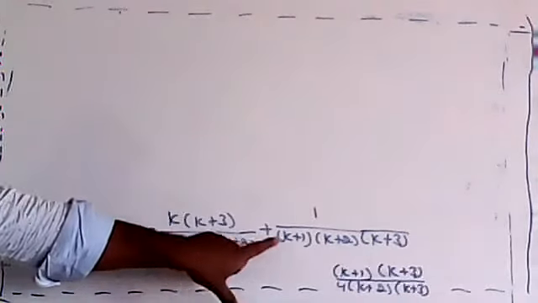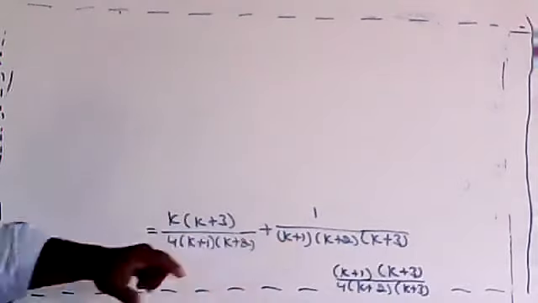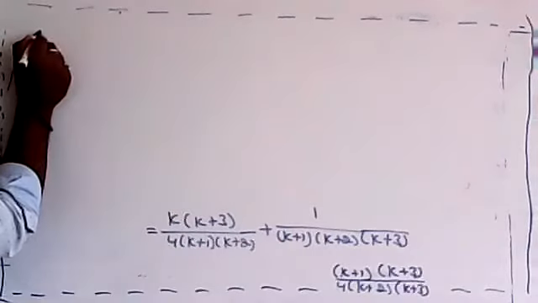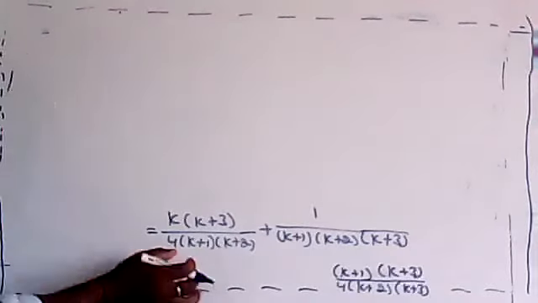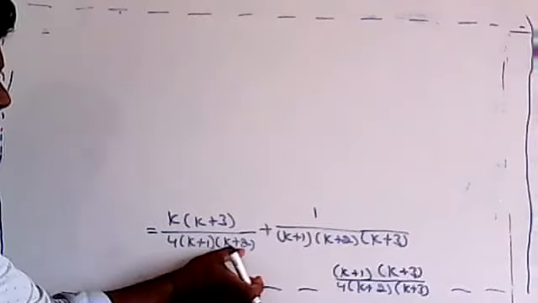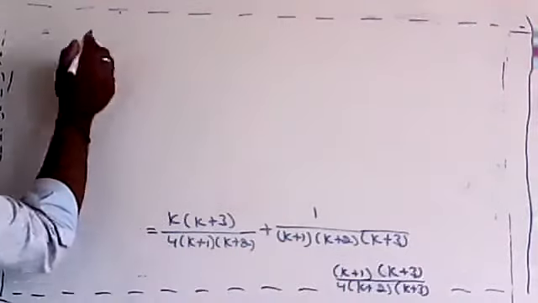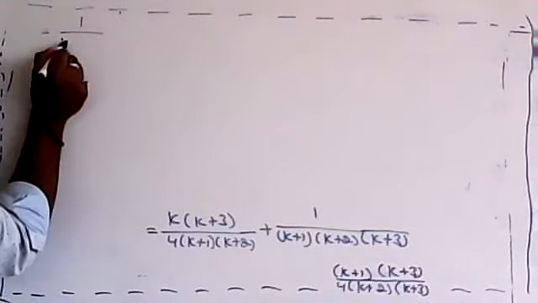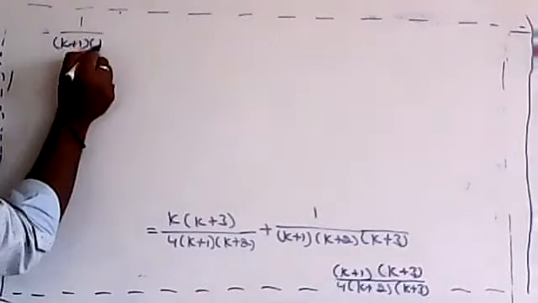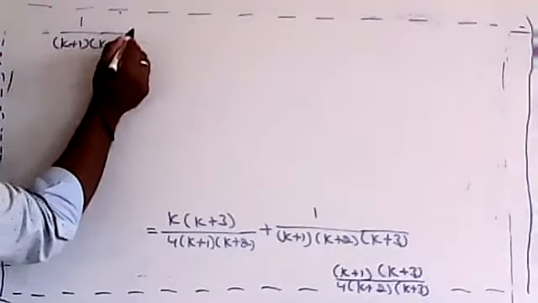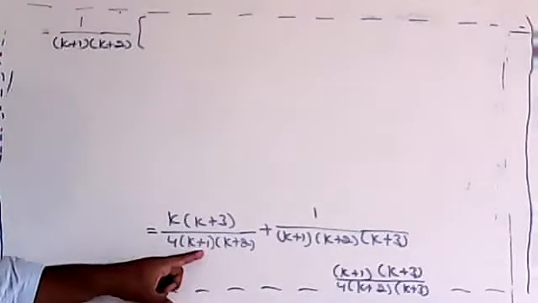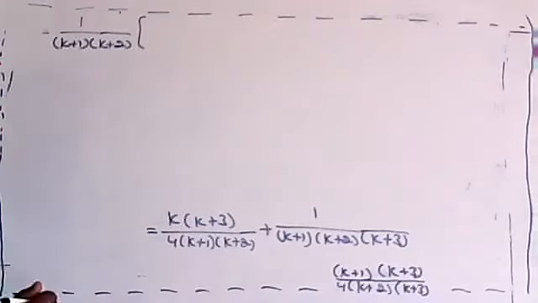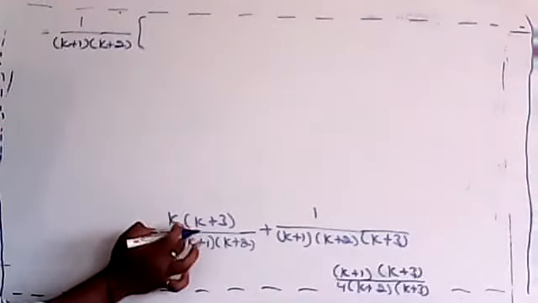See this step. In this, what would you take common? Yes. Here I'm continuing that one. So k plus 1, k plus 2 is on both sides. So can we take 1 by k plus 1 into k plus 2 as a common? If I take this as a common, 1 by k plus 1 into k plus 2, what is remaining here? So can I multiply this one?